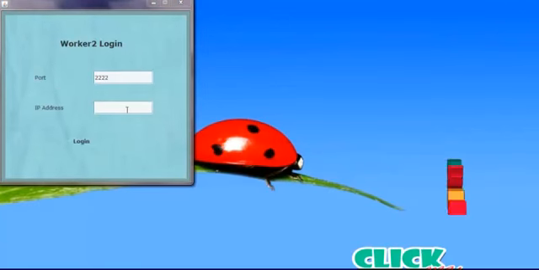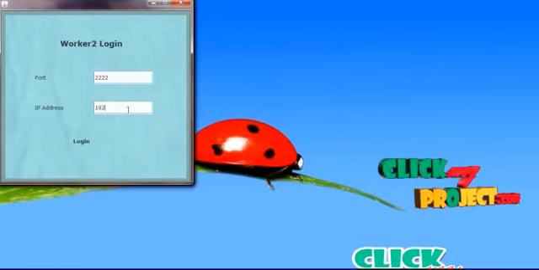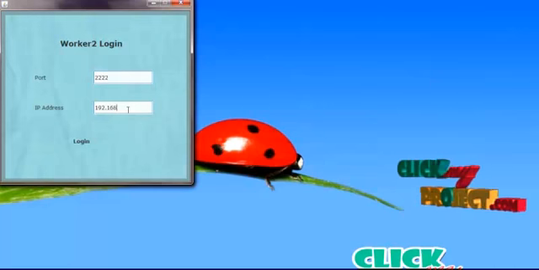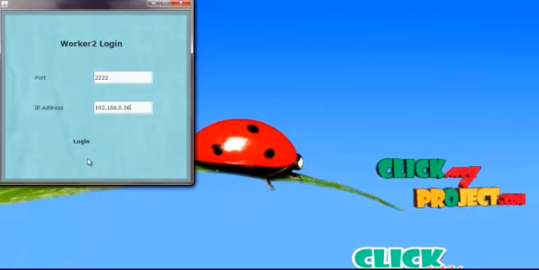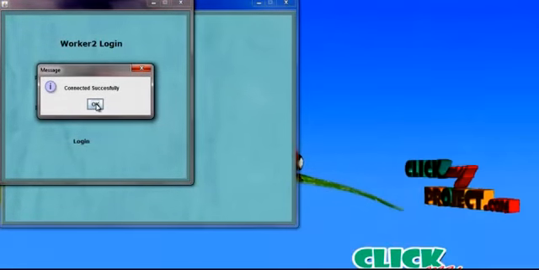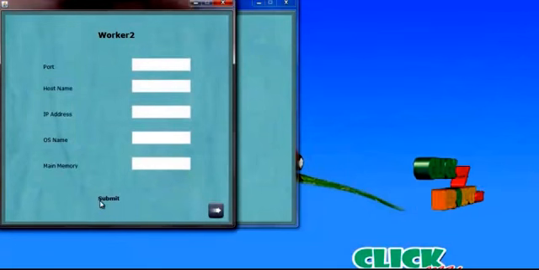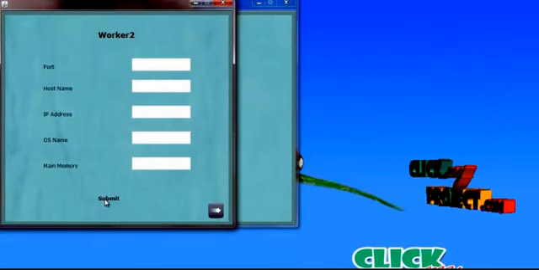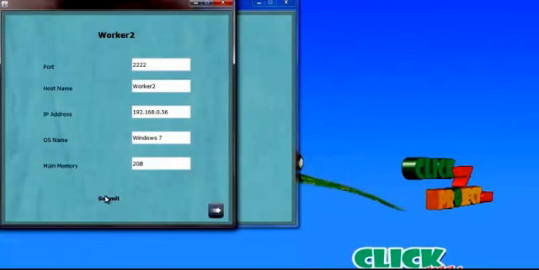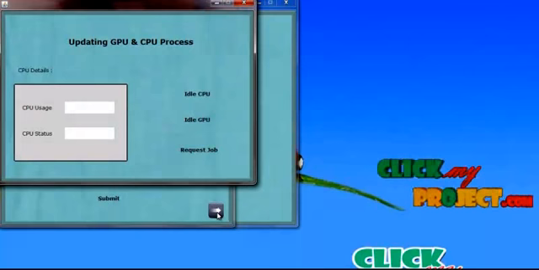Then worker 2 logs in to accept the server connection. Here also we give the IP address of the server in order to connect with the server. By clicking the login button, worker 2 connects with the server successfully. After connecting, worker 2 submits the resource details to the server. By clicking the submit button, worker 2 successfully submits the resource details to the server and starts to detect idle